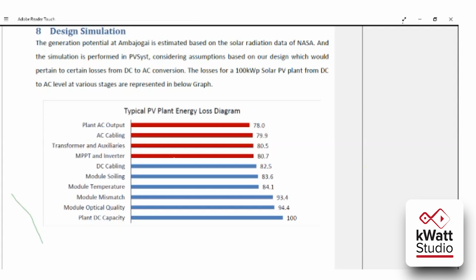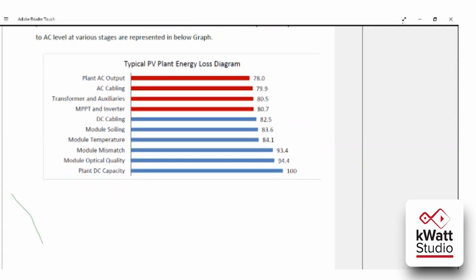All these things come under the designing steps. We will teach in the next session how to calculate all these losses, how to consider them, and what percentage of these losses, generally a standard percentage, you need to consider while designing your system.